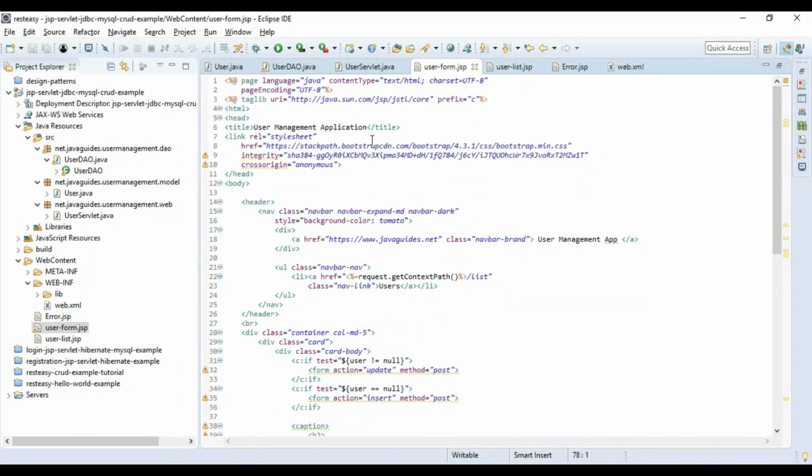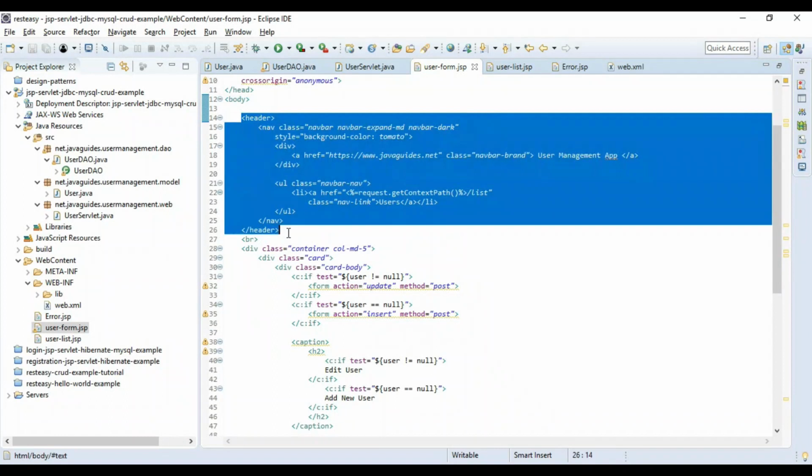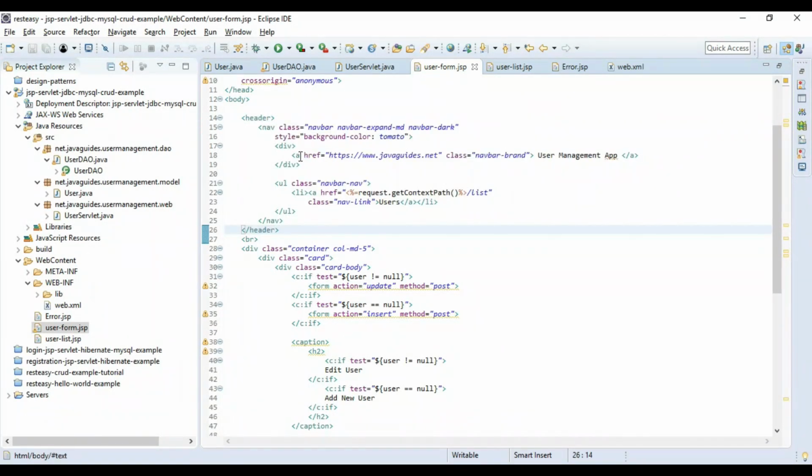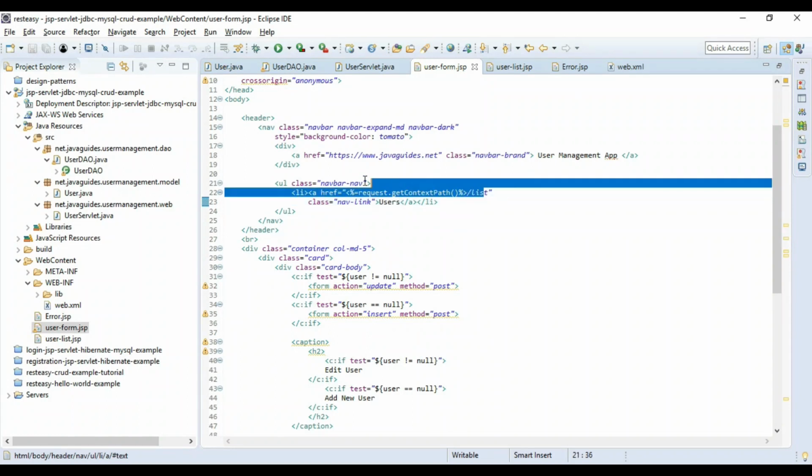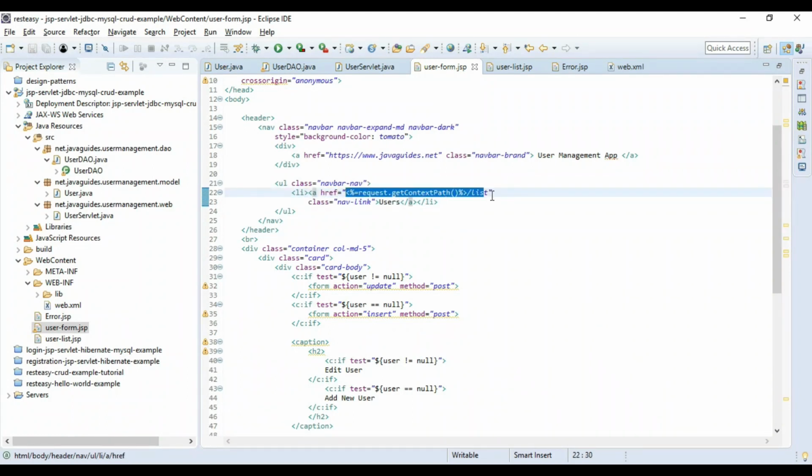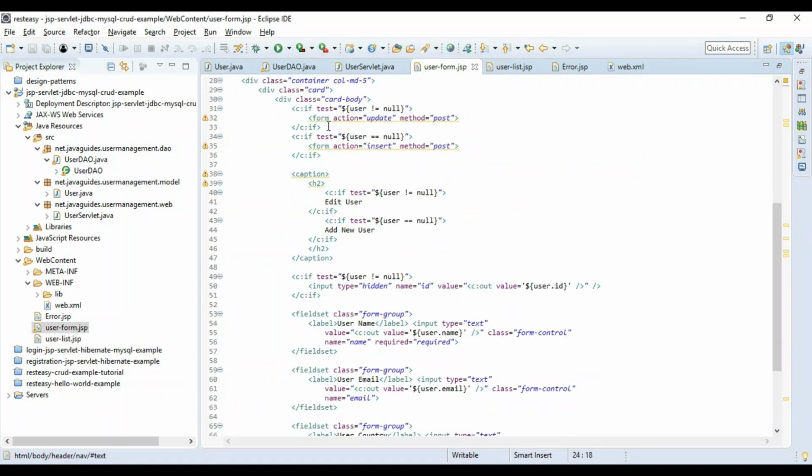So look at here, we are using Bootstrap CSS framework, and the version for Bootstrap is 4.3.1, and here we are using a CDN link, and this is the header. So inside a header we are just providing a link, users link. So whenever we click on users, then it will call the list, and this list will be handled in a servlet. And this is the user form,